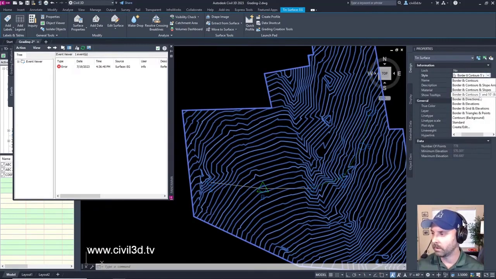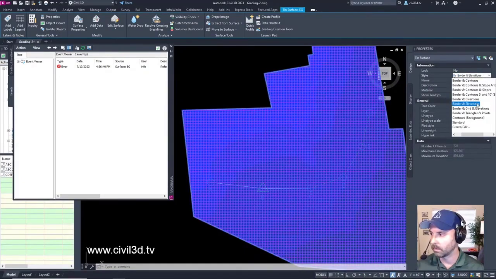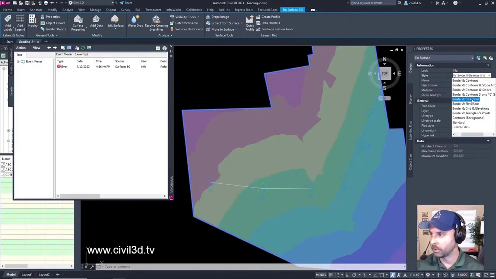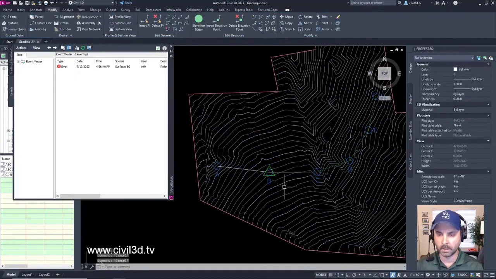There are all these different styles, all these different looks that you can change if you would like. I'm going to leave this on borders, contours 5 and 10. There we go. Okay, next.